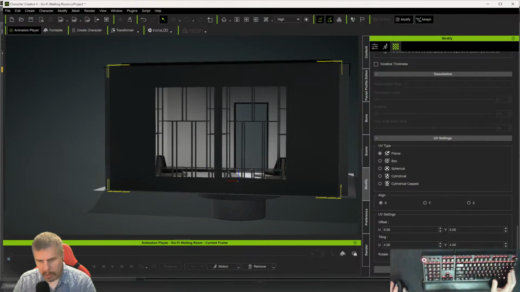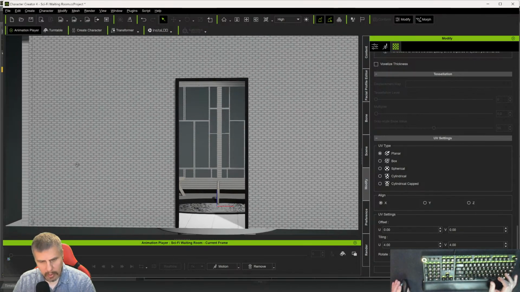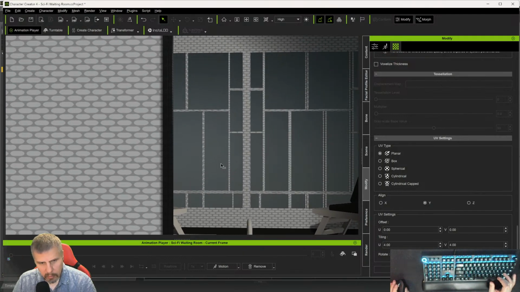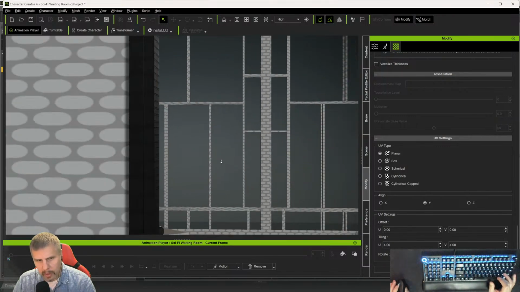Okay, let's apply it. Let's go inside. There's a light inside. Okay, so we don't have it right, so we have to switch it to Y. And now that's correct. Well, it looks... That's really strange. Well, because we've changed the